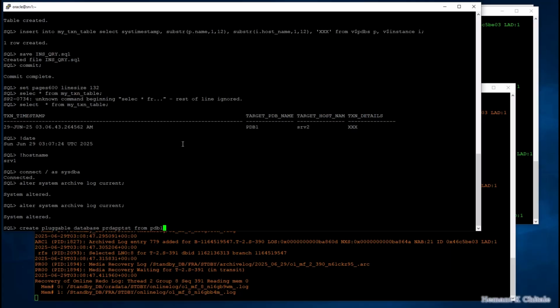There are ways to do a no-data copy clone. If you look up my blog, I have blogged about that also, how you can create a clone without data. But here I'm going to create a clone with data, with all the users, tablespaces and tables. But now the catch is,